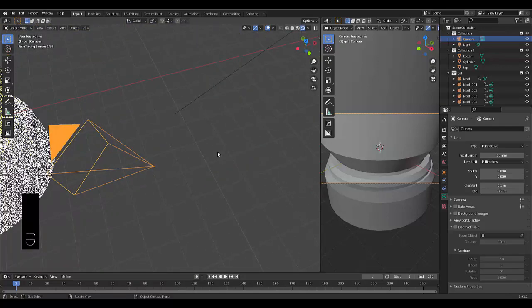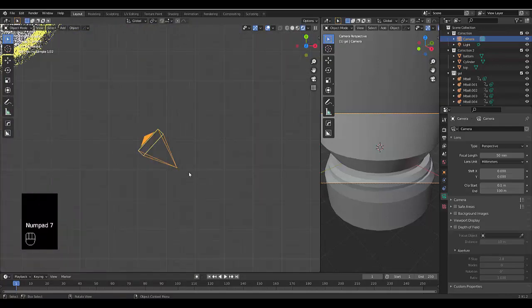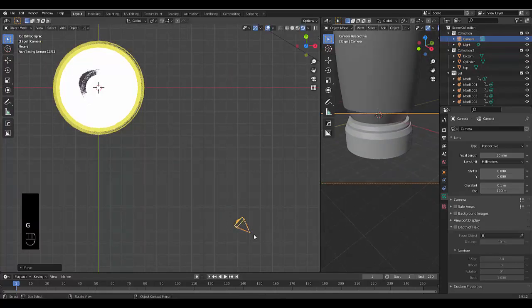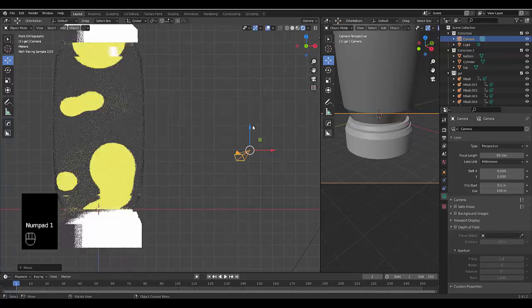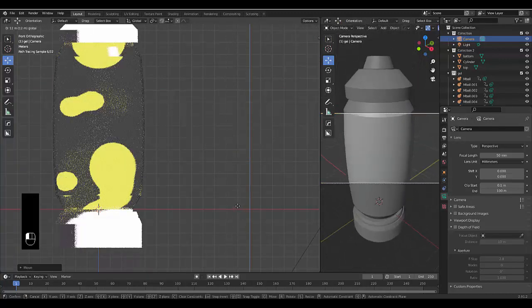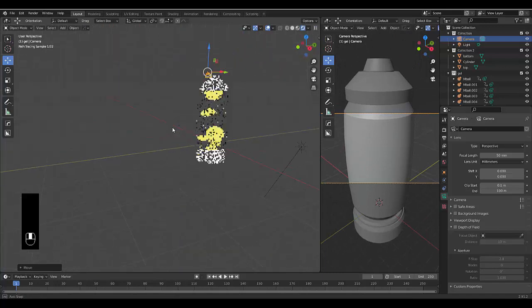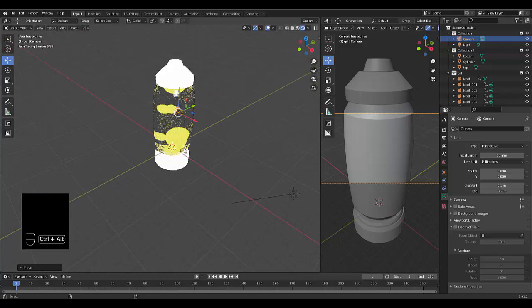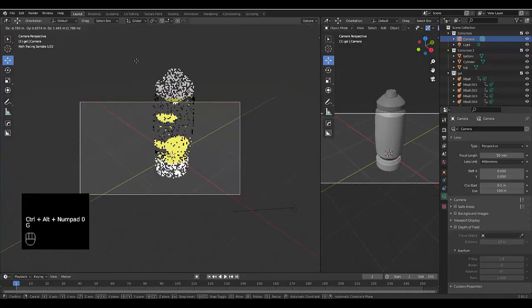Right, so I'm probably going to just press numpad, pull this out, back. Let's turn on these lines here, numpad 1. You know what, it's better just to find an angle I like, and once you find an angle you like, Control Alt numpad 0. Then press G just to get this in